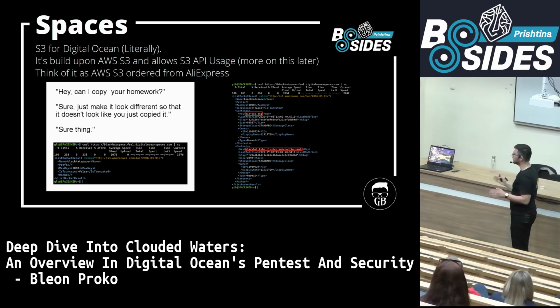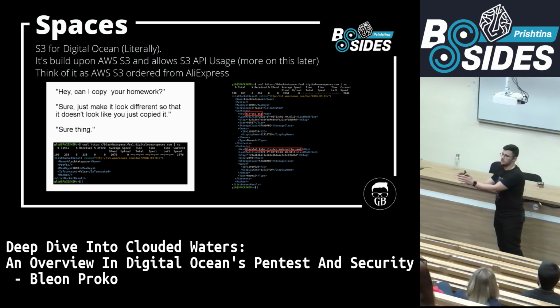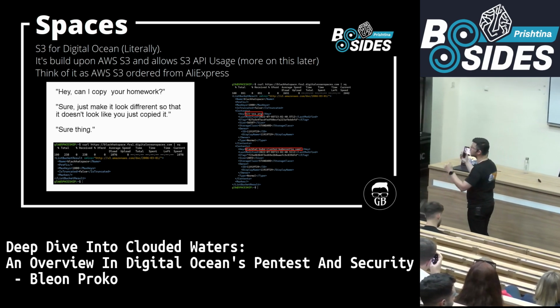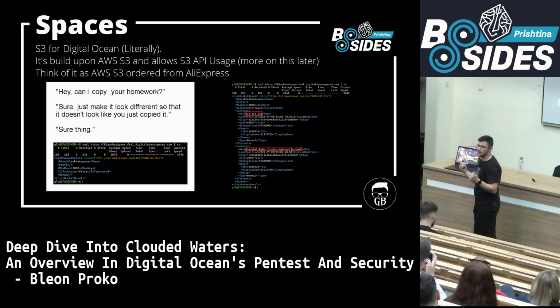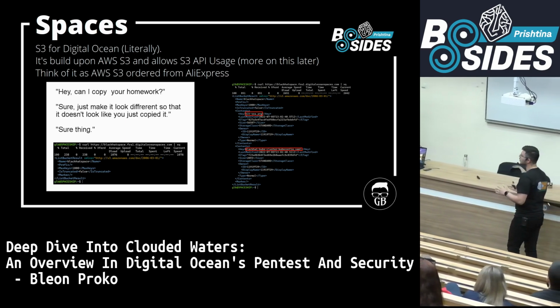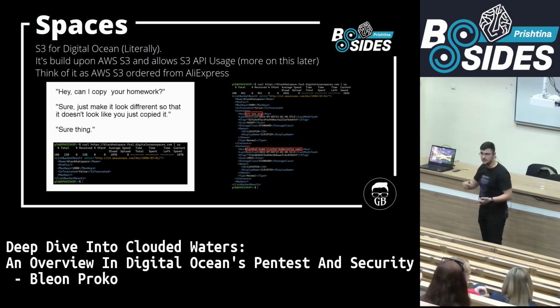Spaces are literally just AWS S3 used for them. So they literally use that service. They just use it with less features than the normal AWS S3. So anything that will be done on the S3, accessing it with the API, and they have a certain API only for that,